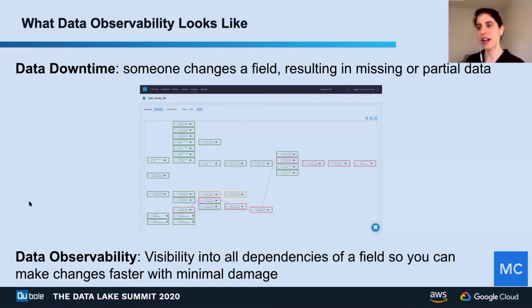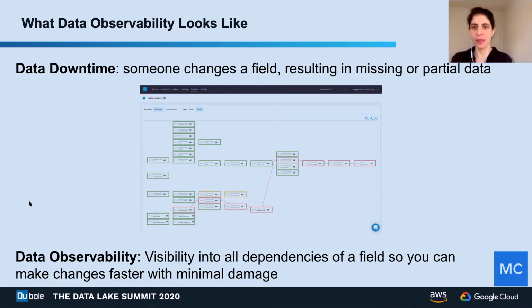Actually, when you have data observability methodologies in place, there are ways to avoid problems like these to begin with. For example, what you can see here is this map of all the dependencies of a specific field or table or data asset. When you have this automatically generated map, you can make changes to a field way faster and with way more confidence because you know who would be impacted downstream, and you can avoid that damage to begin with.